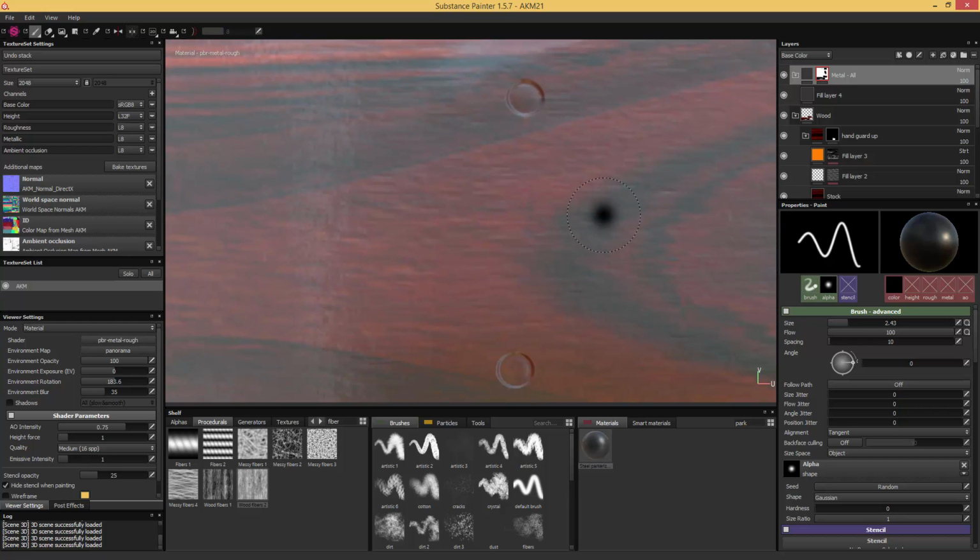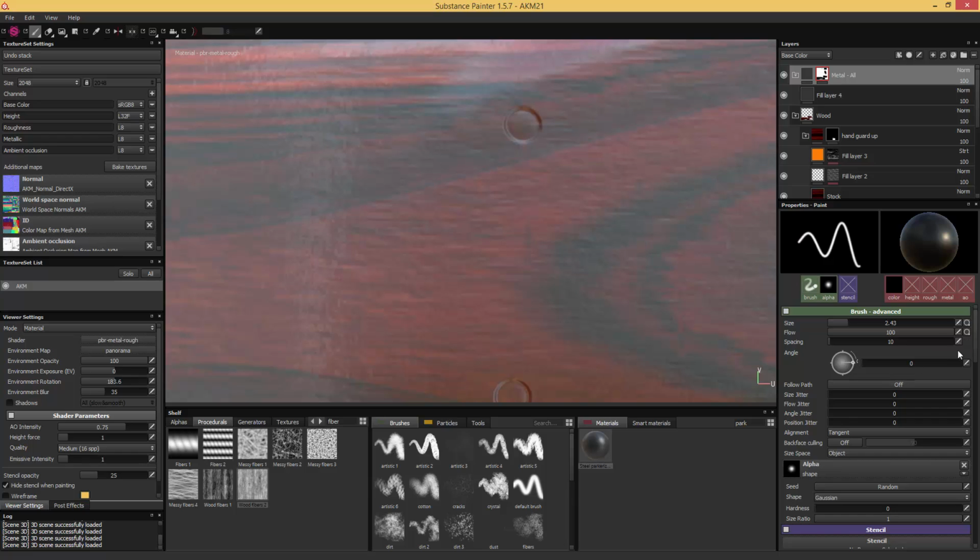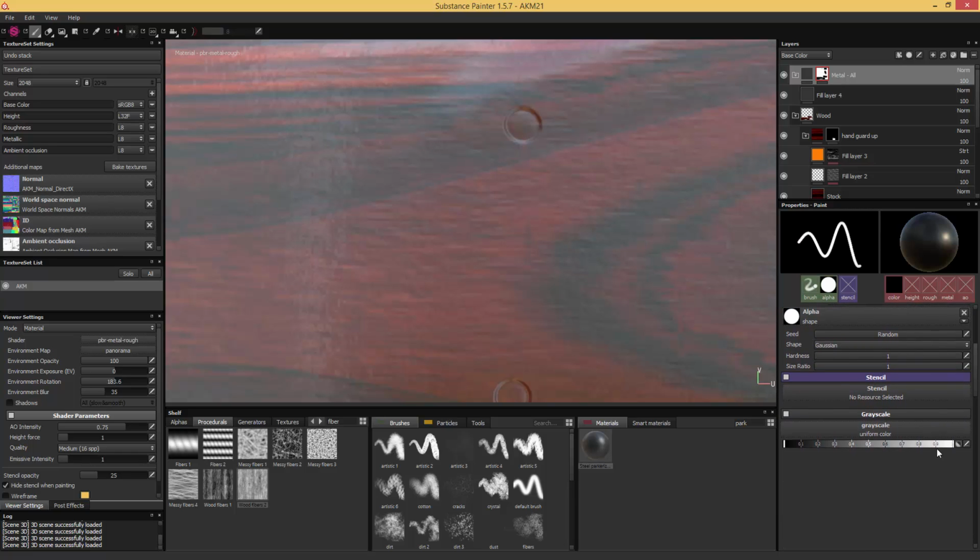Try to get close, and with the current brush selected, I'm gonna change the hardness, crank it all the way up here and bring it down to fit exactly that space. And I want to make sure that I'm actually painting with white, since we want to affect our black mask here. And then I'm just gonna